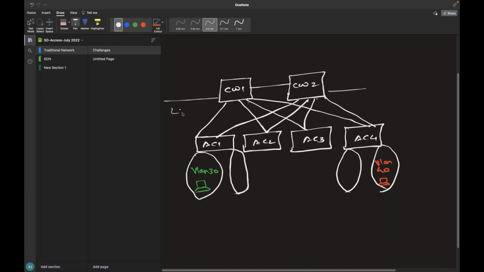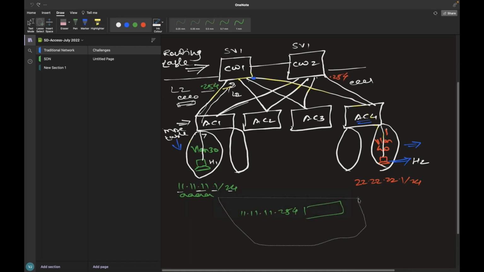So this is your L2 domain. You got all SVIs created here. So whenever someone from, let's say, VLAN 30 is trying to talk with VLAN 40, or let's say an ARP request has been sent from, I think it will be good to have a properly built packet, isn't it? So this is my payload, which is, let's say I'm pinging or whatever data I'm sending across.